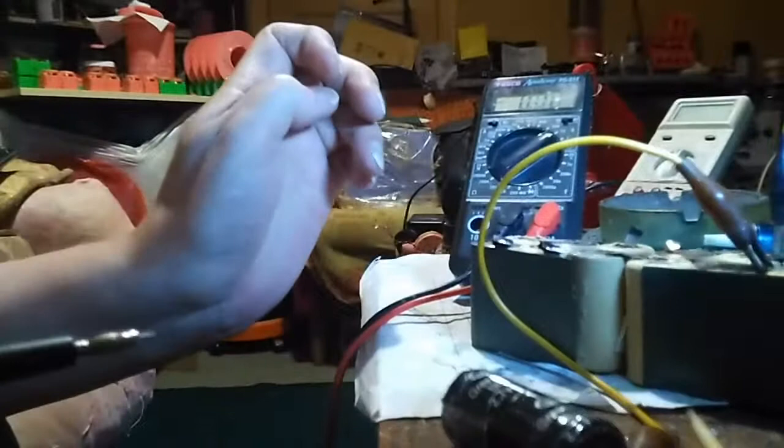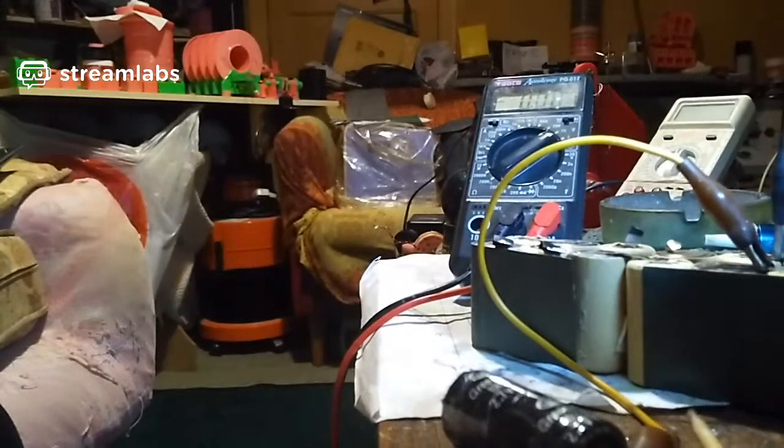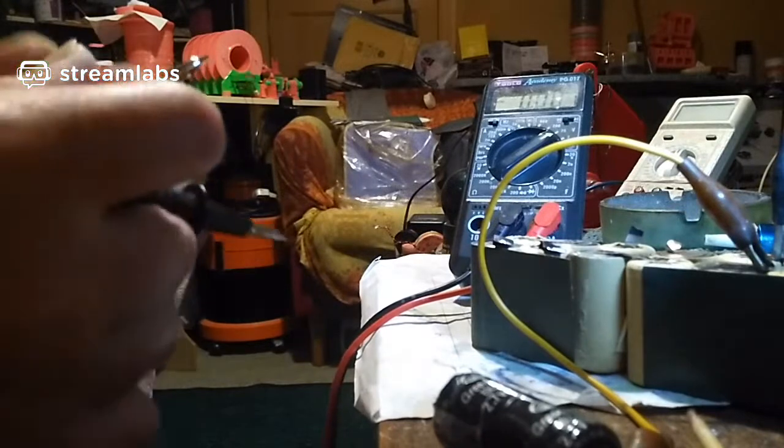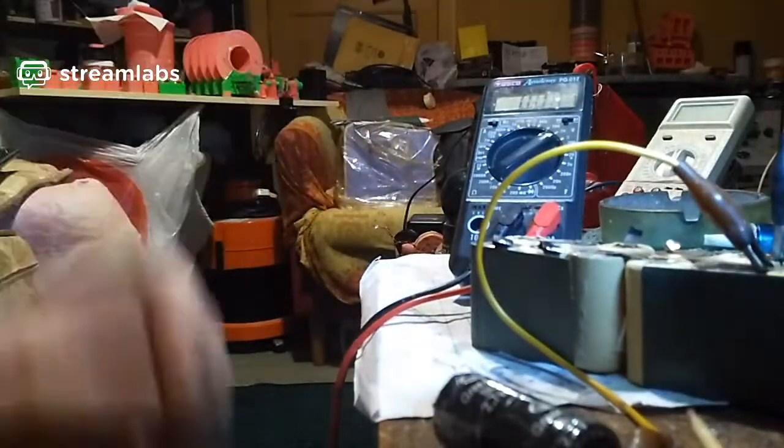Oh, I just shorted the thing. We've got 1 volt on the supercapacitor. I'm going to go back and charge it again. Let's see how much voltage I've got across the... Where's my little lead gone? Hang on. See how much voltage there is across these nickel metal hydrides. Right, there's 2.62 volts there still, so I'm going to go back on